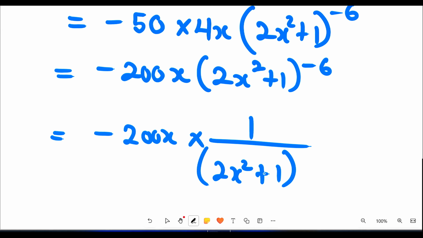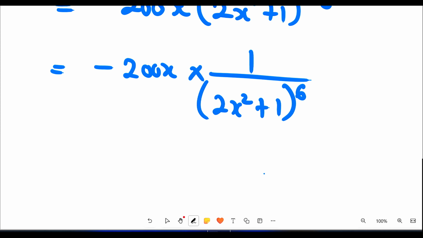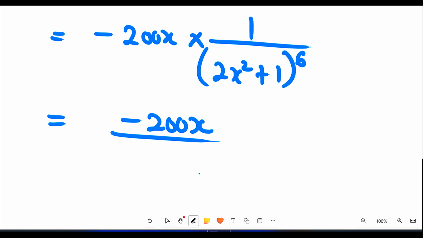Then the sign changes to positive. All right. So we'll be having it in this form. So now the numerator of the fraction, which is 1, will now multiply the negative 200x. So that will give us negative 200x divided by (2x squared plus 1) having an exponent of 6. All right. So